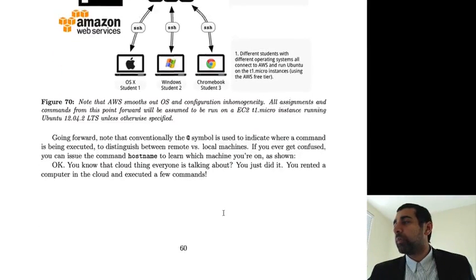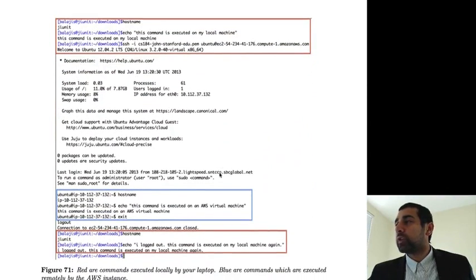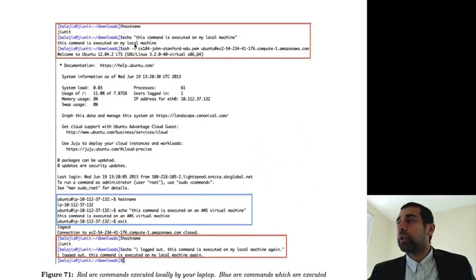So, when you actually connect, one thing that is useful to keep in mind is when you're running commands on your local machine versus when you're running commands on a remote machine. So here, for example, these commands are being run on your local machine. After you hit SSH, you're now in a remote machine, and you can type hostname and echo and so on,